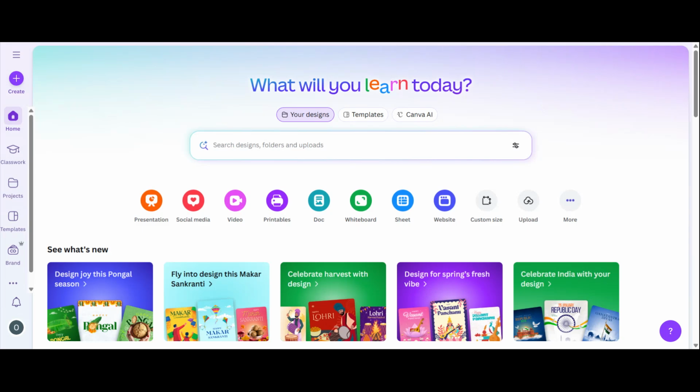In today's video, I'm going to show you exactly how to save a Canva presentation to PDF step by step. This is perfect if you've created slides in Canva and now you need to submit them, share them professionally, or print them without losing formatting. Canva makes this really easy once you know where to click, and I'll walk you through the entire process from